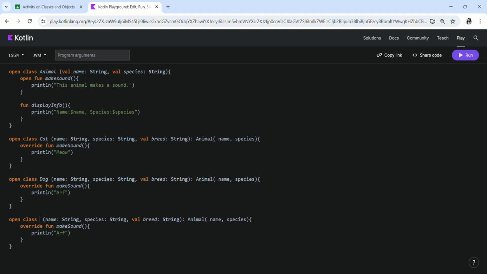Let's put this as Siamese, and then Cat.